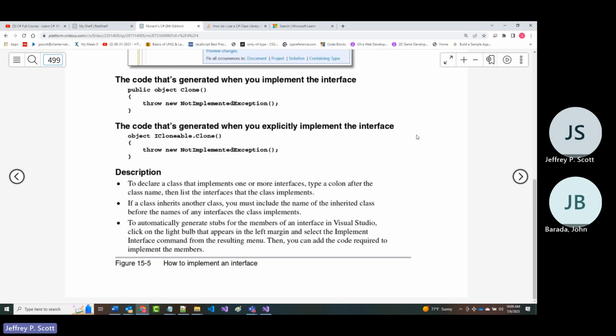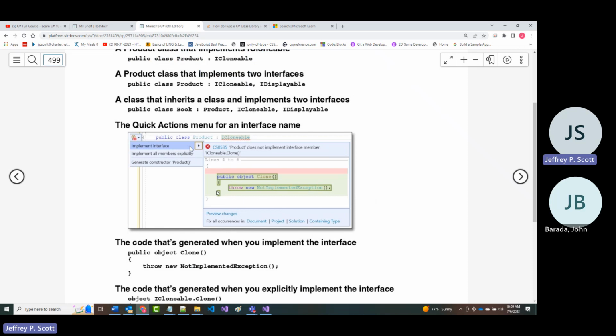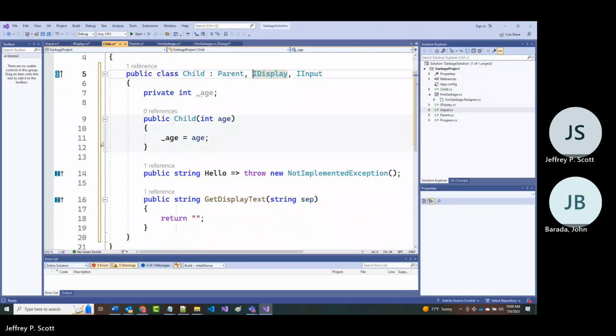If a class inherits another class, you must include it first. We already said that. And you can automatically generate stubs, and they tell you how to do that in here. Typically, it's kind of like what we've looked at before, where you get the little light bulb, and you've got a drop down, and if it says implement, it'll write that for you. And actually, that's what it did for this one. That's what I chose to have it do. And that's a stub because that's probably not exactly what I'd want to code in there, but there's enough that's been put in there that I won't get an error when I try to run the program. Okay.